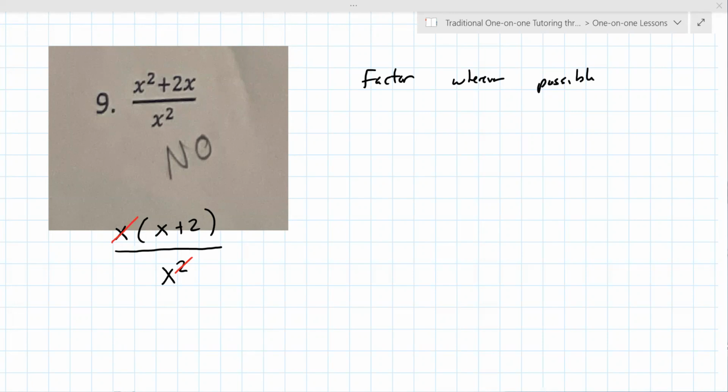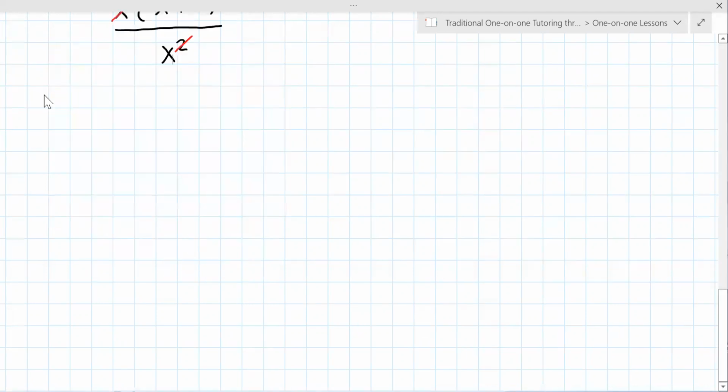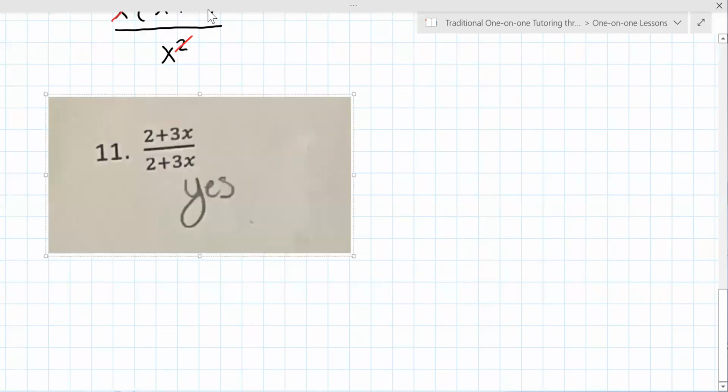All right, so any questions on that before we move on? No. Okay, so 10 looks good. 11, your answer is correct on 11, but I want to ask you, what does it reduce to when they cancel? 1. Yeah, it becomes 1 over 1. Good. All right, let's look at